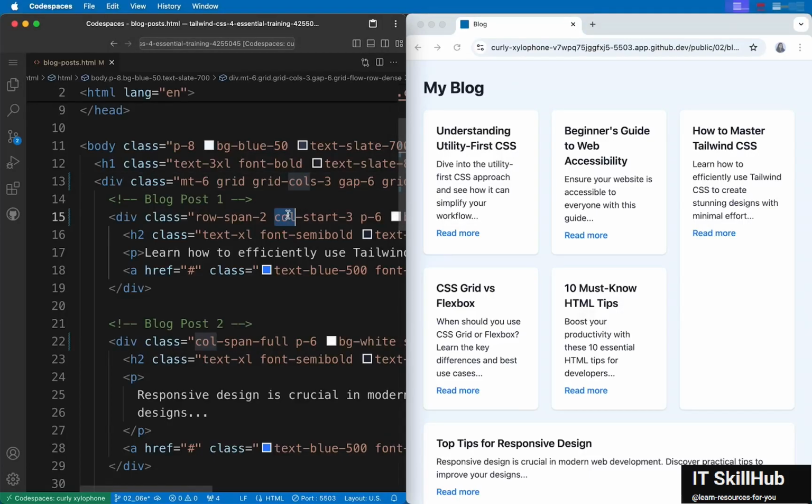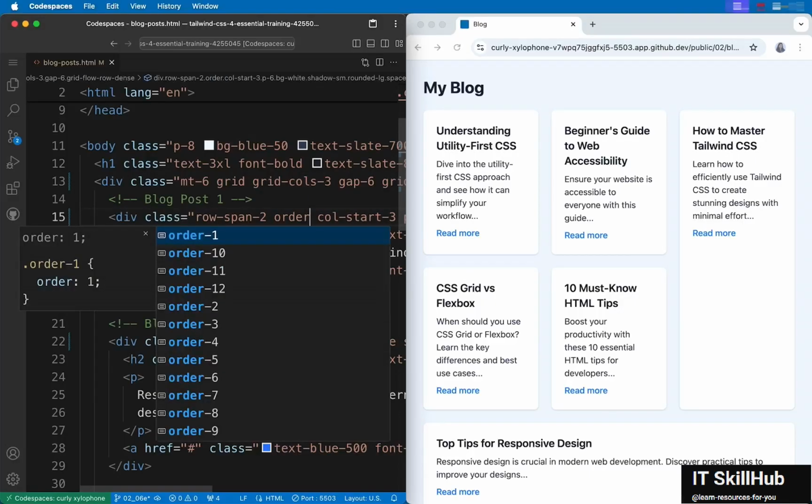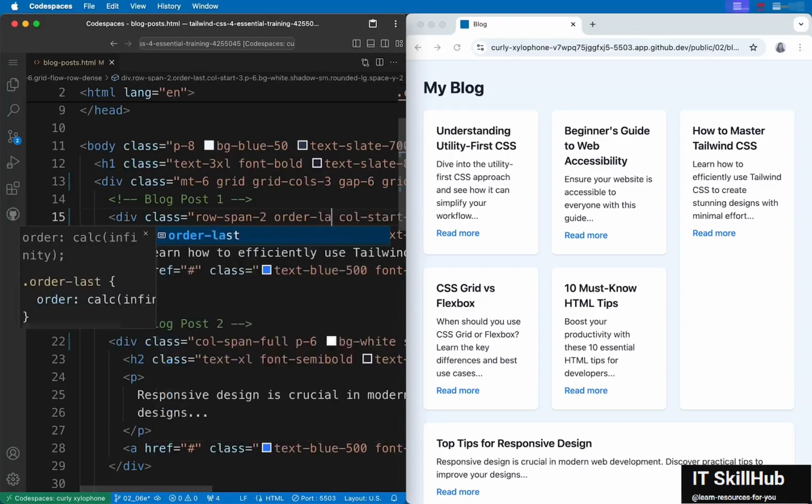There's also col-end and row-end utility classes if you want finer control. However, I suggest not to use these much because while they visually appear in a different order, screen readers will still read them in the order they appear in the markup. So it might confuse your users. There's also another order class which can be used to specify the order of the items in case you wish to change them. There are these numbers. There's also order-first and order-last if you ever need them.